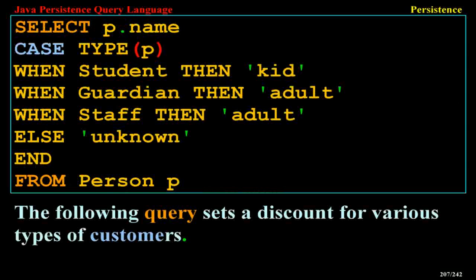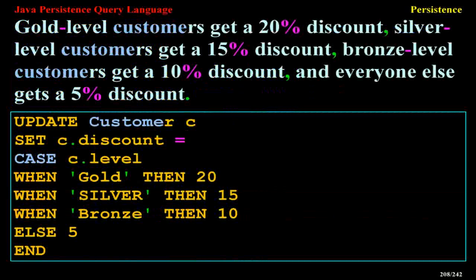FROM Person p. The following query sets a discount for various types of customers. Gold level customers get a 20 discount, silver level customers get a 15 discount, bronze level customers get a 10 discount, and everyone else gets a 5 discount. UPDATE Customer c SET c.discount = CASE c.level WHEN 'gold' THEN 20 WHEN 'silver' THEN 15 WHEN 'bronze' THEN 10 ELSE 5 END